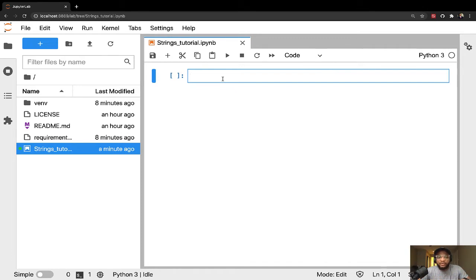So for example, if we say something like my name, let's say my name is, of course, Olabode Alamo. So that's my name over there. Now with that, this is a string. So everything in the name, my first name and my last name with the space in between, is actually